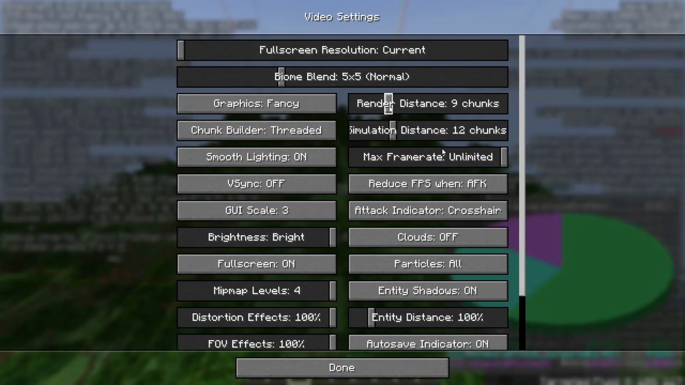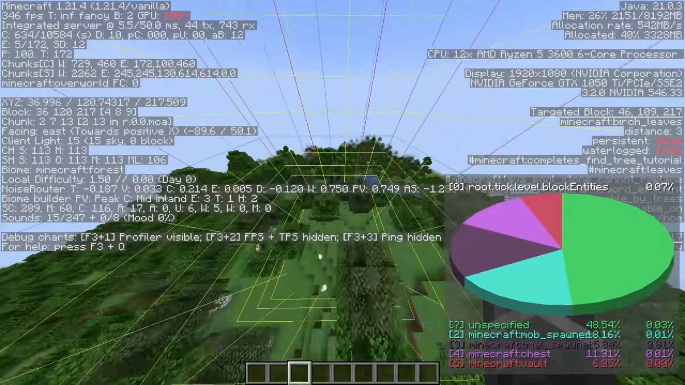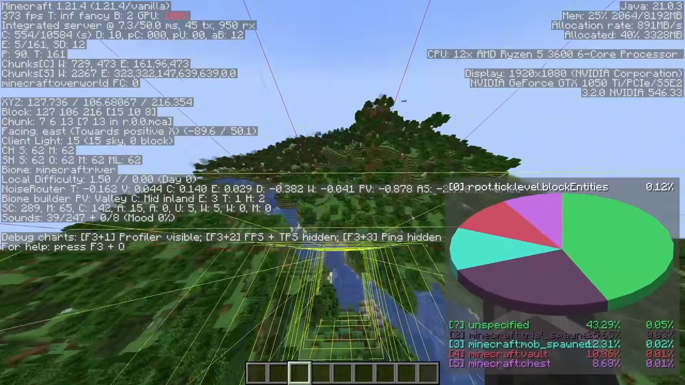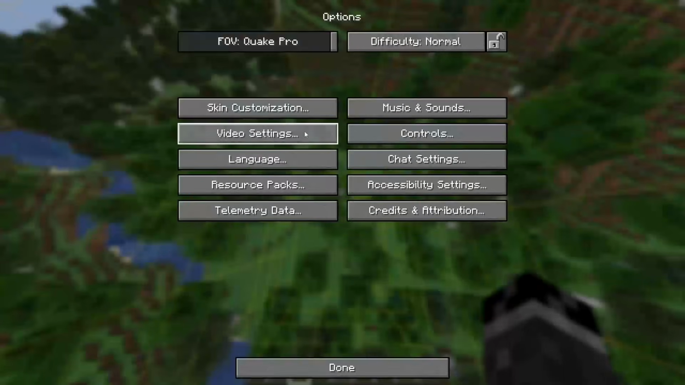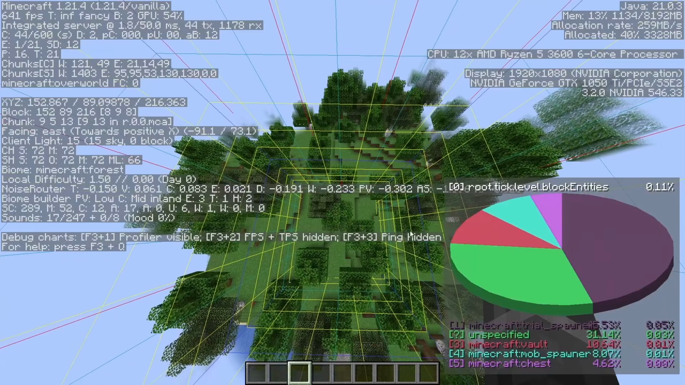set my render distance back to 10, and travel 10 chunks. 1, 2, 3, 4, 5, 6, 7, 8, 9, and 10. Once you're there, you should be able to, first of all, press F3 to close your pie chart, render distance down to 2, and once you're in a position in which you're both at 2 chunks of render distance and